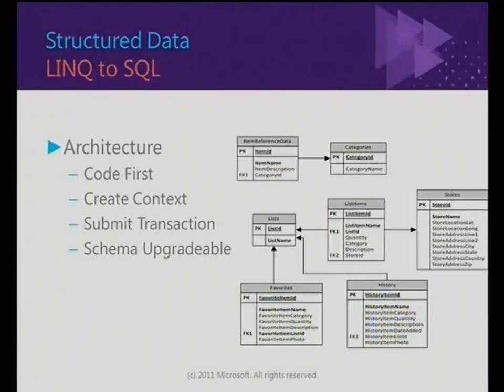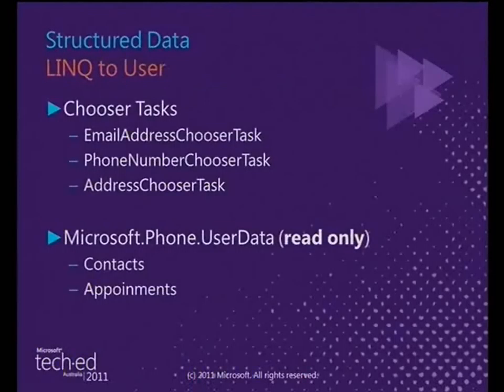The architecture. Anyone use code first with Entity Framework? Yep. Exactly the same architecture now. Create a DB context, create a DB set, and all you do is attribute your tables and your columns, and I'll show you a quick demo after this. Schema upgradable, and also submit transactions. So if you're updating your application and your database is packaged with your XAP file, it's always good to upgrade your schema if you made any changes to update the schema versions. Then all it is is DB context.update schema. One line of code for you, and we handle the rest.